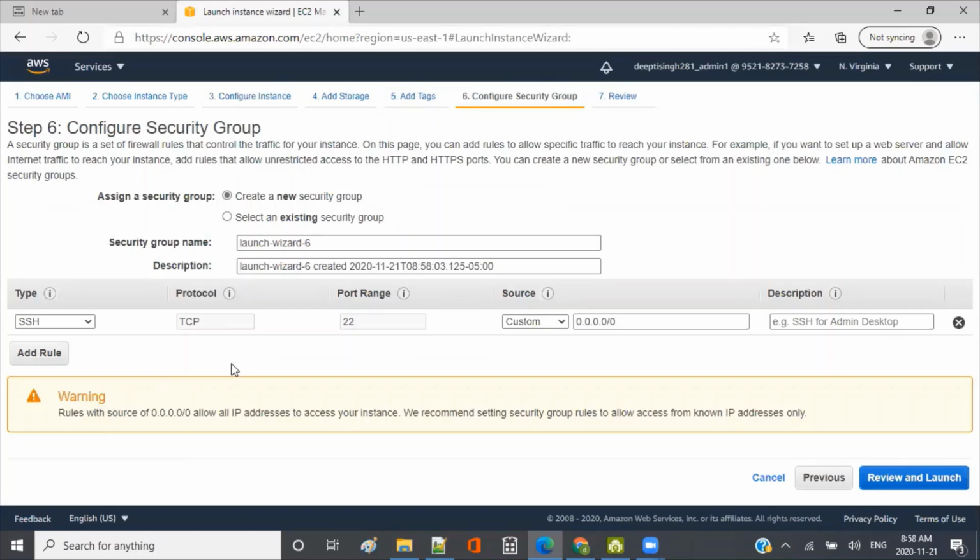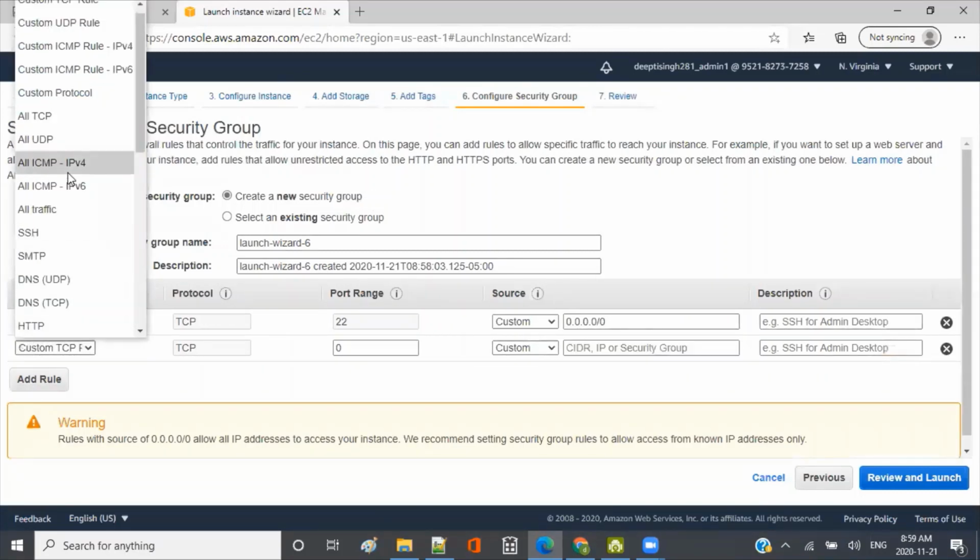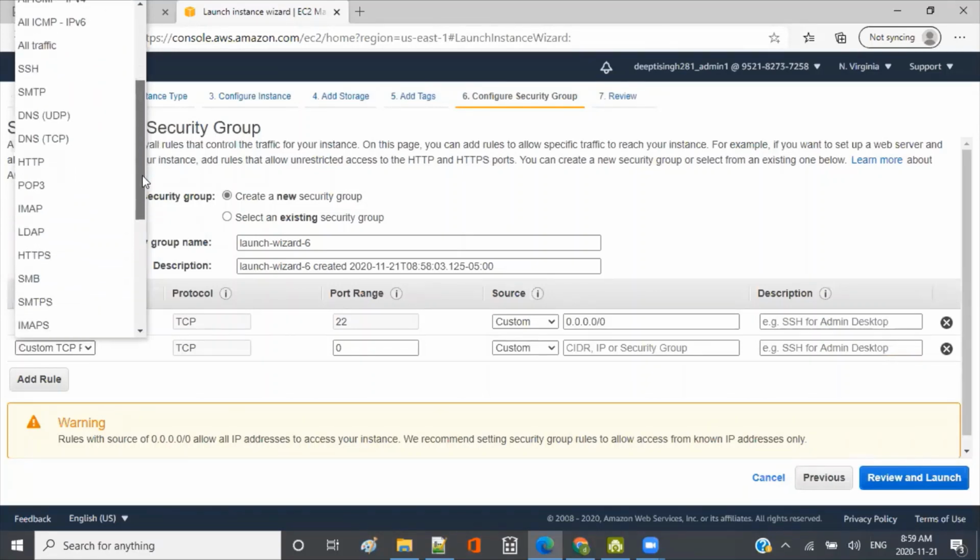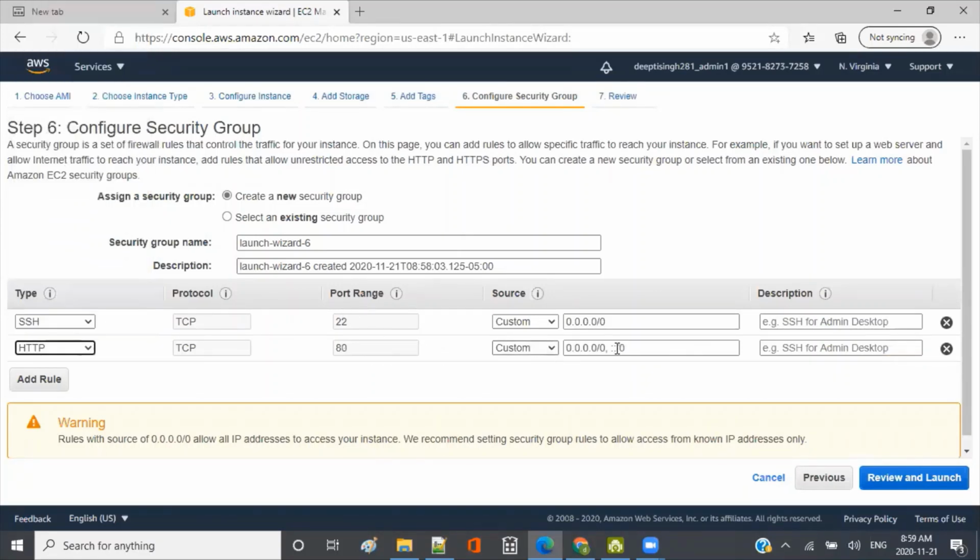Like I was saying, for the web server I just need port 80 to be opened, and SSH, because if you want to access the machine from your local, you will use the SSH port opened on 22. So you can create a new security group, like this one you already have. Just add one more rule here, say that I want to open the port for HTTP, and then 80, and that's it. Then you go, and it will create a new security group like this. You can rename it, you can say my test security group or something. So that's how it works.